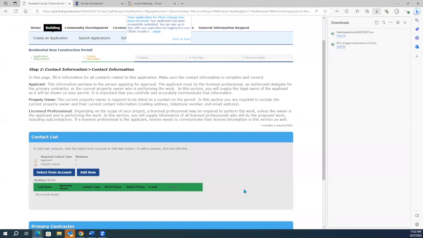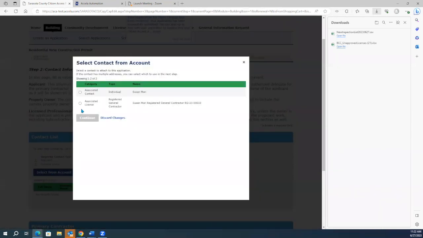All right, and the next option, the required things that need to be submitted, is the contacts. We want to know who the applicant is, and we also want to know who the property owner is. We do require our applicants to tell us who the property owner is at this phase. So the applicant is who is applying for it, and I am actually logged in. So I'm going to choose select from account for the applicant. That saves me some typing.